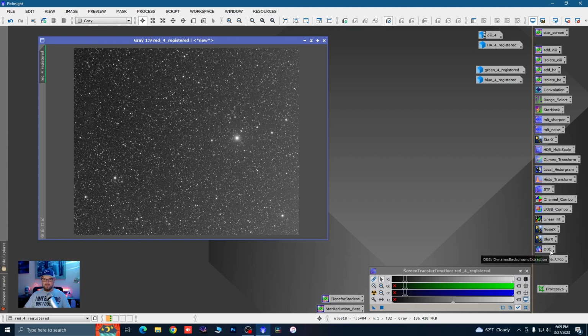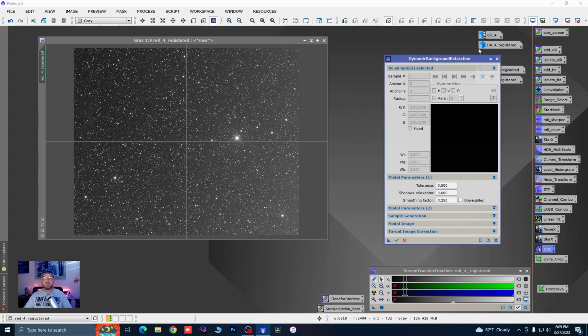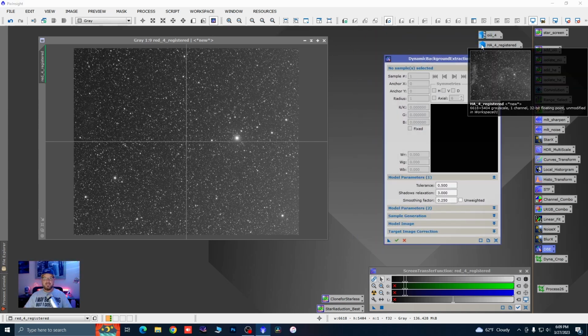One of the things I've been doing recently with DBE is using more sample points than I generally do. When I have an image with, say, a galaxy in the middle, a lot of dark space and a lot of stars, I find smaller samples, but more of them, work pretty well